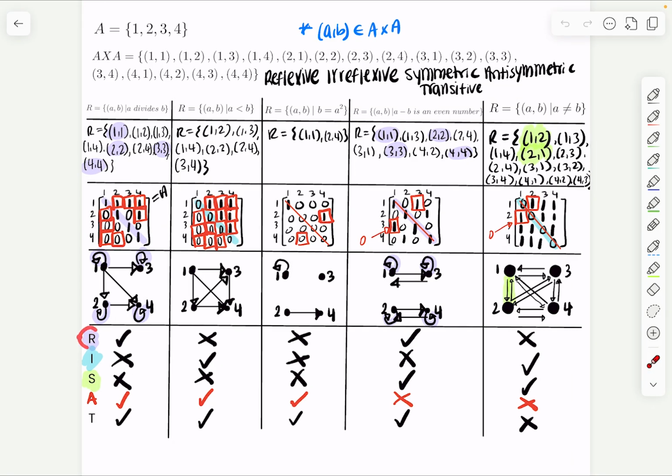So to conclude, if your relation is reflexive, it has all 1s in the main diagonal. If it's irreflexive, it has all 0s in the main diagonal. If it's symmetric, it just means that your matrix, if we call every matrix A, like this is matrix A, this is matrix